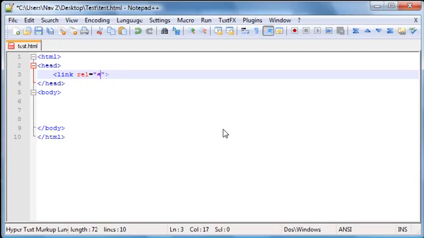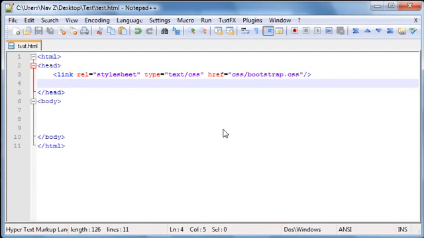So rel stylesheet, type text/css and href. It's saved in css/ and the name of the file is bootstrap.css. Okay, so after giving the link to my Bootstrap CSS file, we also need to give a link to